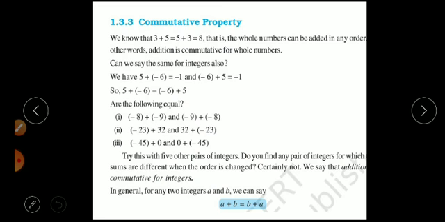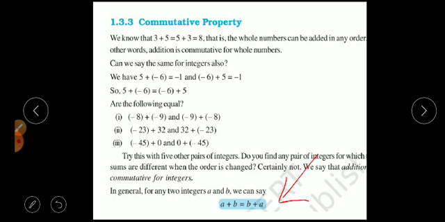Now what do you mean by commutative property? कम्यूटेटिव प्रॉपर्टी होता क्या है? ये साइन आप लोग को दिख रहा है, दिस इज अ सिंबल. When any number is added, a plus b, then it will always become equal to b plus a.